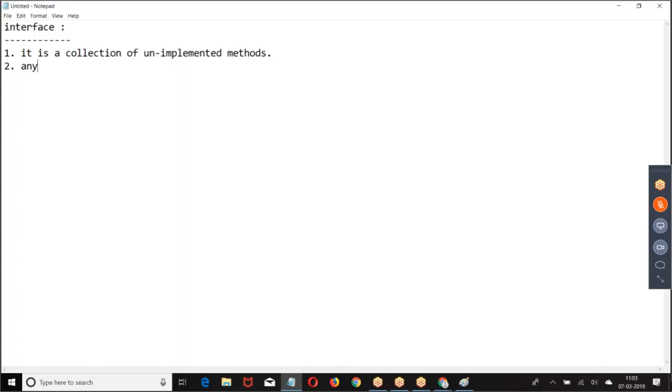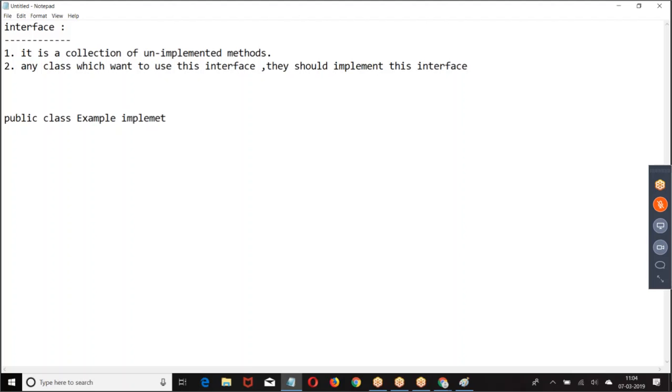Then any class which you want to use this interface, they should define, they should implement this interface. So how do you define? Public class example implements. So how will the class use the interface? Class implements interface. Let us say example, I have